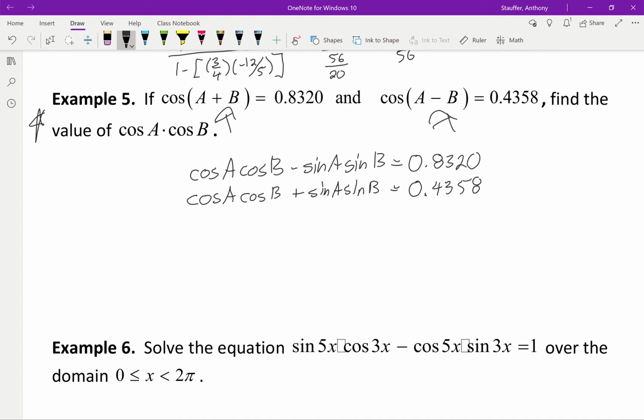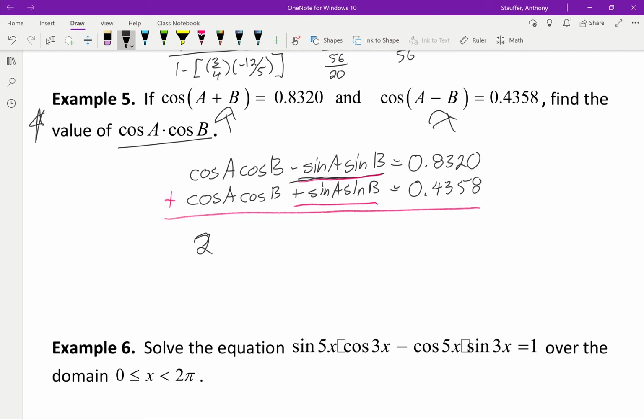0.4358. Now we're looking for cos A cos B, and we notice that since we have right here the negative sin A sin B and the positive sin A sin B, if I add these two equations, that piece will cancel out. So adding these two equations gives me